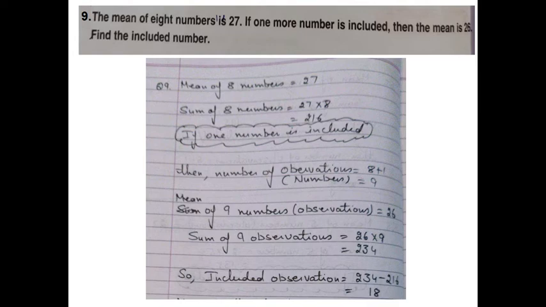Come to the last question of this worksheet. The question is, in a certain hospital, the mean birth rate of a week was 35. If the birth rate from Monday to Thursday was 32 and that of Thursday to Sunday was 36, find the number of births on Thursday. Observe in this question, Monday to Thursday, here Thursday is coming, and here also Thursday is coming, as Thursday to Sunday. So Thursday is coming twice. You have to keep this in mind.